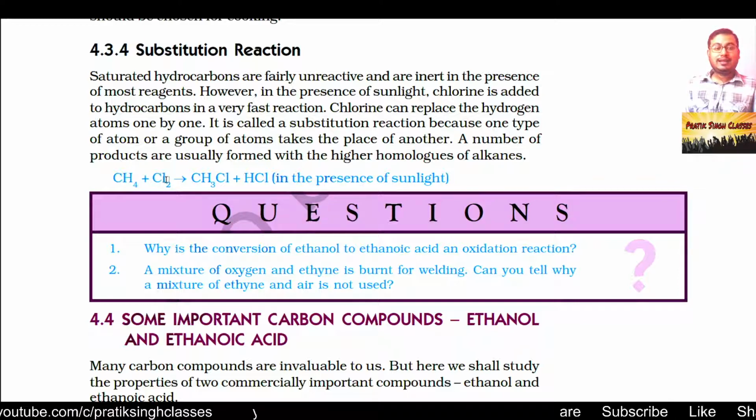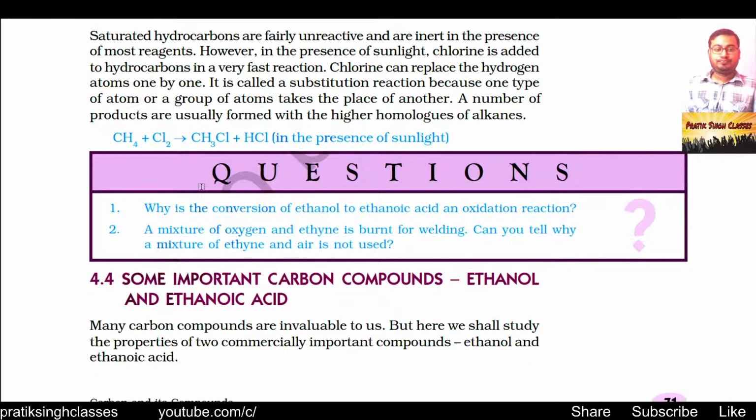and the other atom of chlorine has taken the position of that hydrogen atom, and it has made chloromethane and hydrochloric acid. So likewise, if Cl2 is present, this gives CHCl3. Again from this molecule, another hydrogen atom will be replaced, and again another hydrogen atom, till we get CCl4.